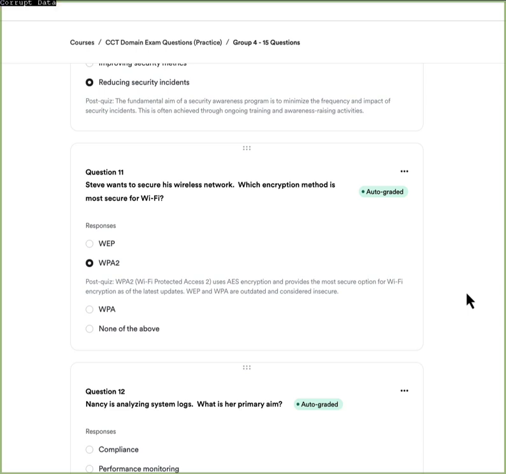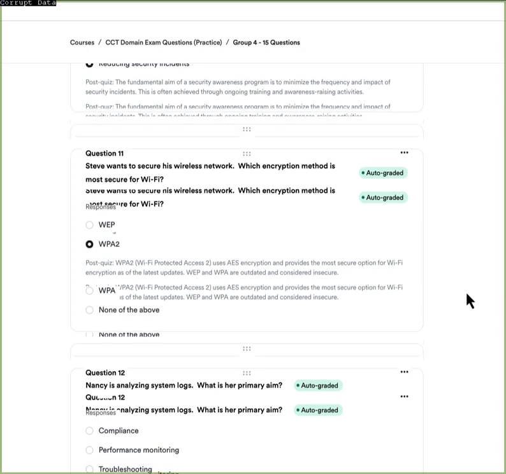Again, WEP and WPA have been outdated and considered insecure and therefore deprecated. However, I do still see a lot of WPA in networks. Not my company network, obviously, but within various business networks, you see this a lot. WEP is definitely in those networks.